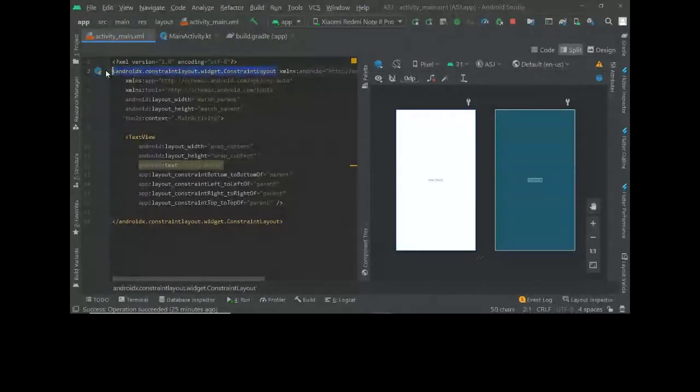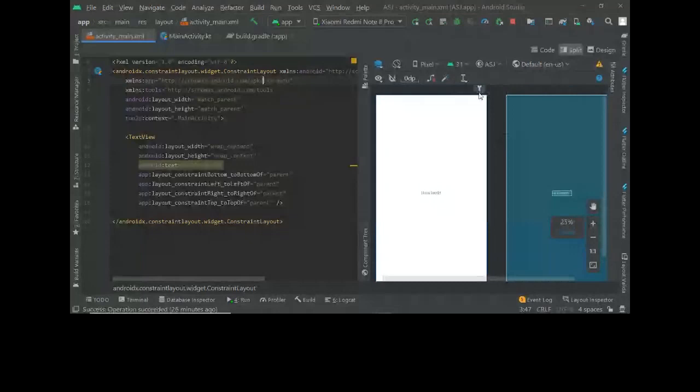So this is the main layout which covers the entire screen. If I click on this, I don't know if you can see, there's a blue outline over the whole screen. This blue outline means that this layout encompasses the whole screen as of now.